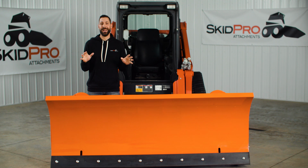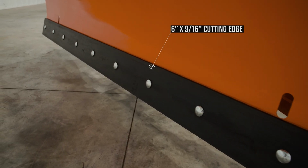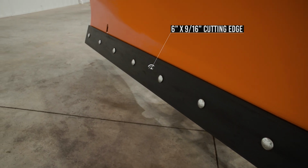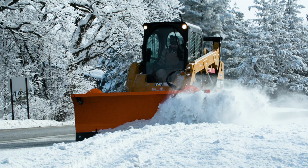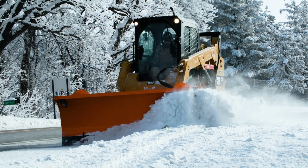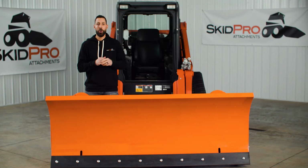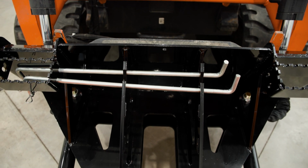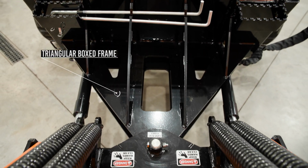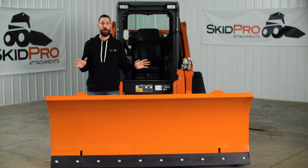Rounding out the moldboard design is a beefy 6-inch by 9/16 high carbon steel, reversible, replaceable cutting edge. This is the portion of the blade that sees the most abrasion, so we gave an added margin of strength and longevity. Moving on to the rigid frame design, the heavy-duty triangular semi-boxed frame is heavily gusseted and reinforced throughout